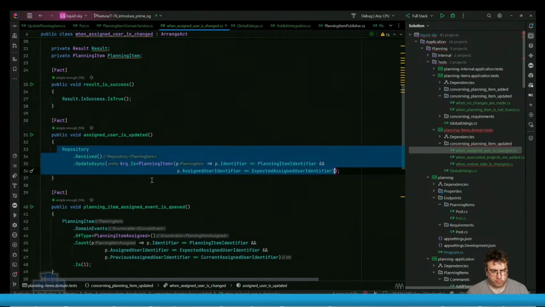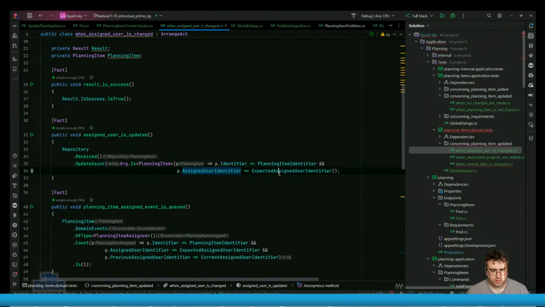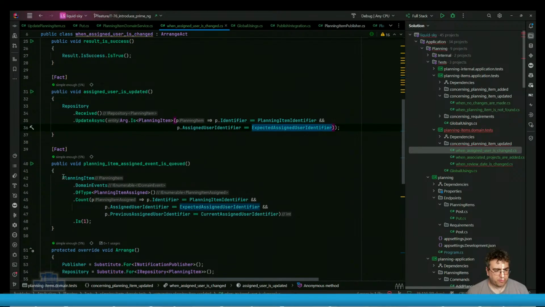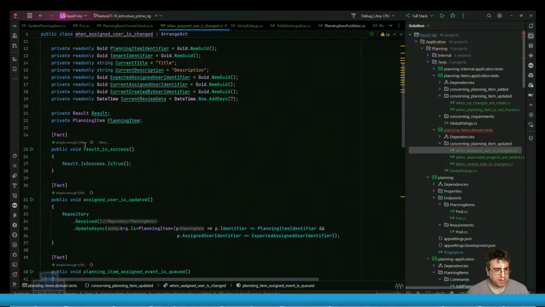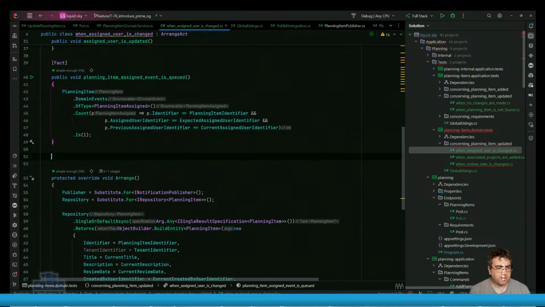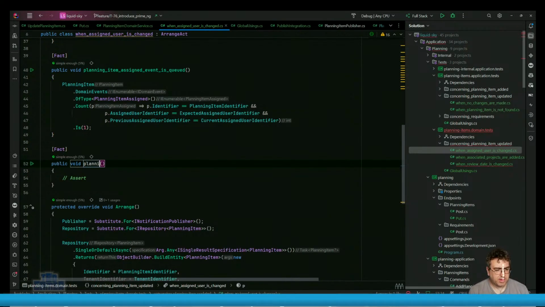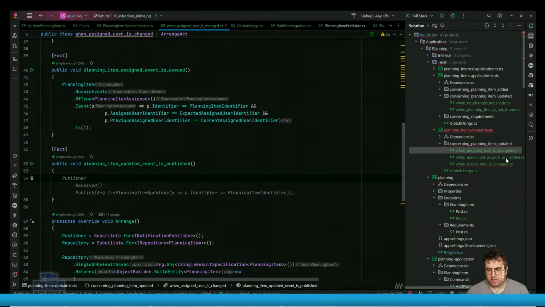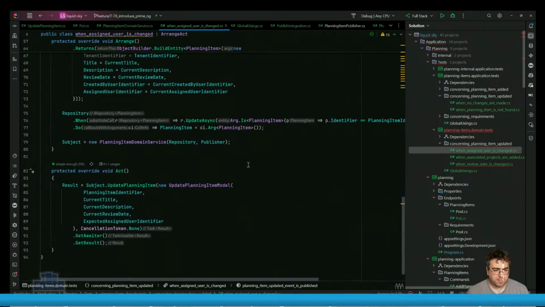The repository should receive an update with the assigned user identifier, right? The repository should publish that domain event, and the backed planning item updated event is published. So the challenge to using it the way I'm using it here, whereas in the normal form, those domain events are kind of queued up together, and then